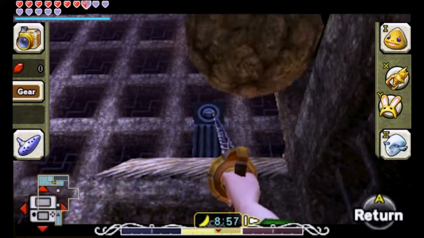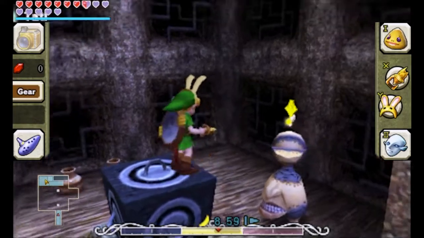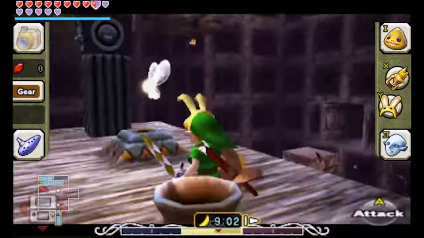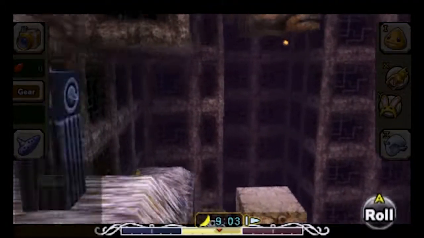Really? Hookshot our way up, we wouldn't be able to go any further. That's actually a little bit annoying. Is there a switch down here? I think there is. There is. And we cannot use the same form twice. So what we're going to do...